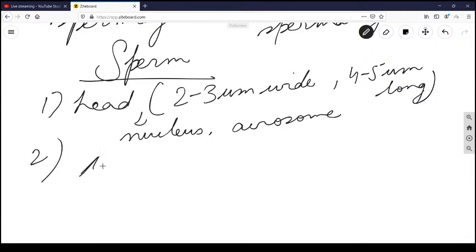The mid piece contains the centrioles, and the proximal or the initiating part, the part which contributes to the start of the flagellum, and the mitochondrial helix which surrounds the entire flagellum. Okay, so it contains the centrioles,